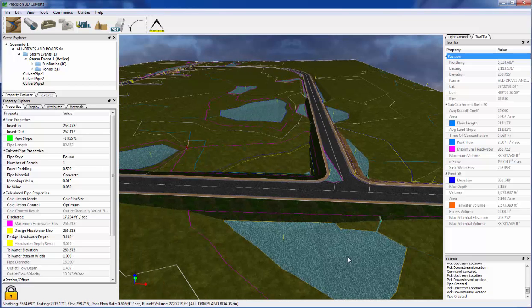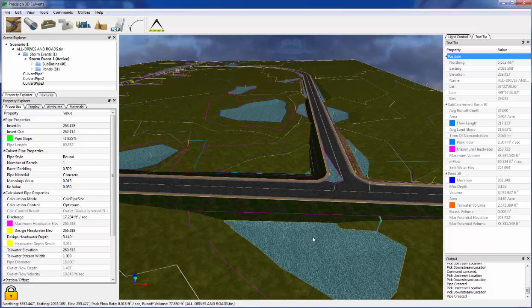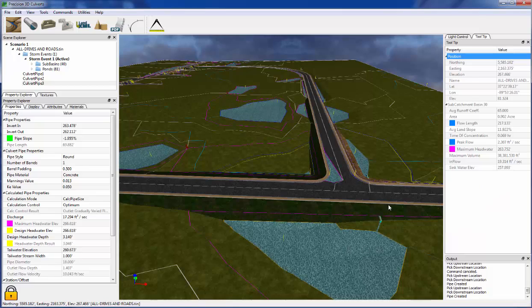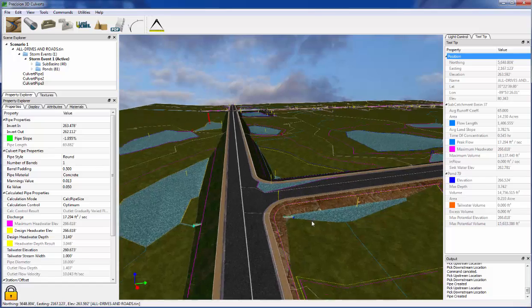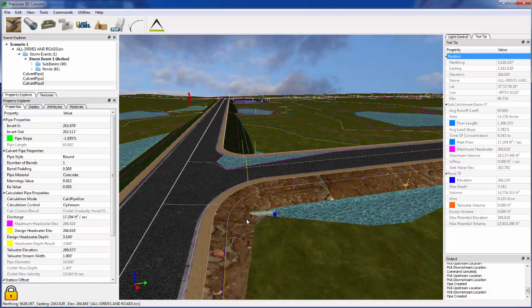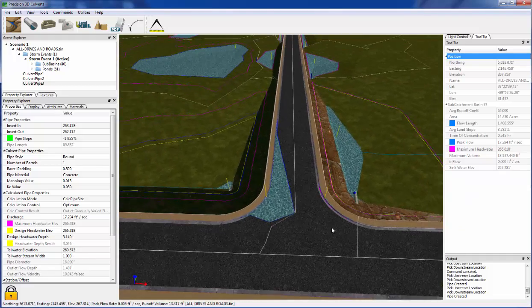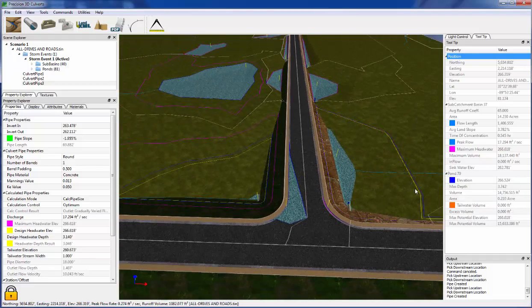So now we're up to about 2,500 cubic feet. We have no excess volume because the subbasin can easily contain that amount of water during the peak of the storm. And so now we've ensured that in these two cases the water will never rise beyond these yellow headwater